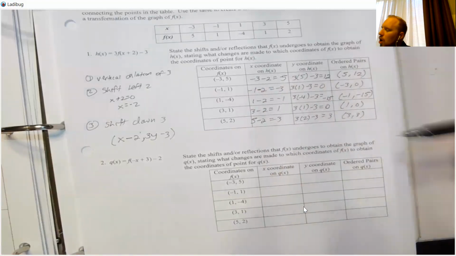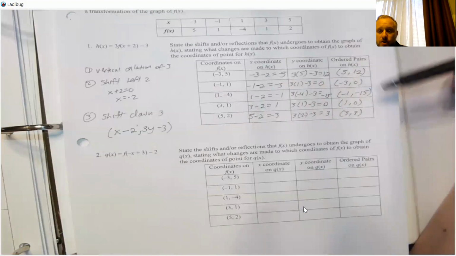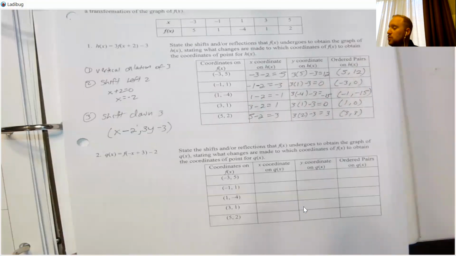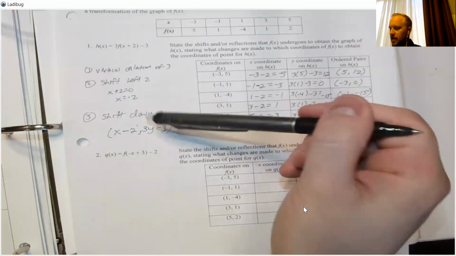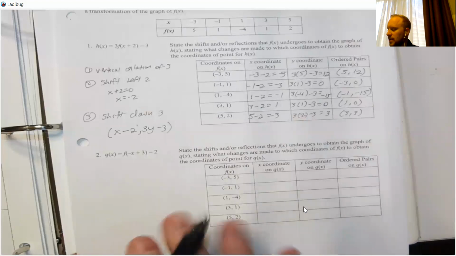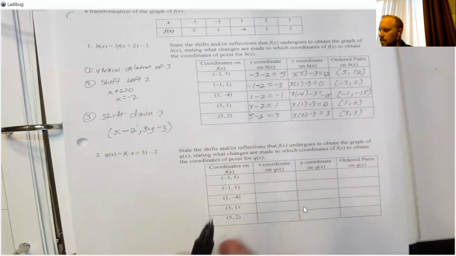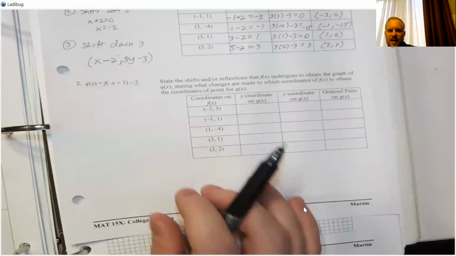Okay, so these are all points that you could plot onto your graph. Each point would then get a vertical dilation of 3, a shift left 2, and a shift down 3. Okay, so if we go to this last one here,